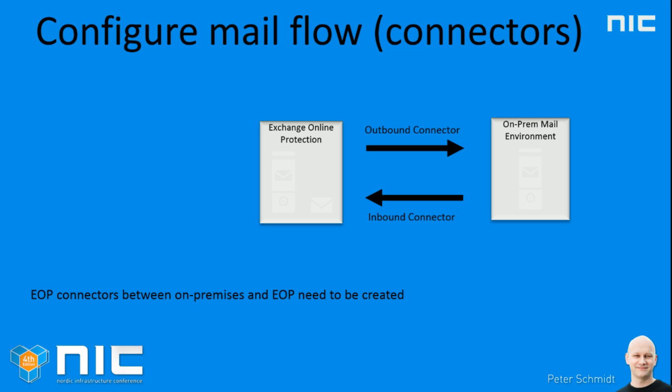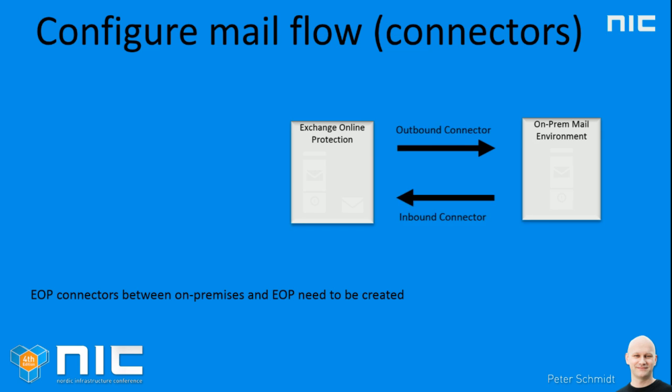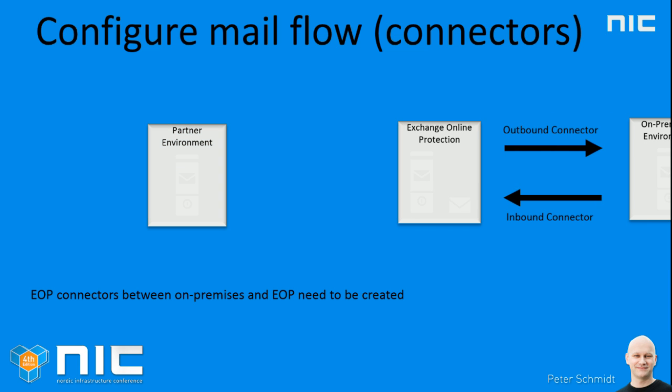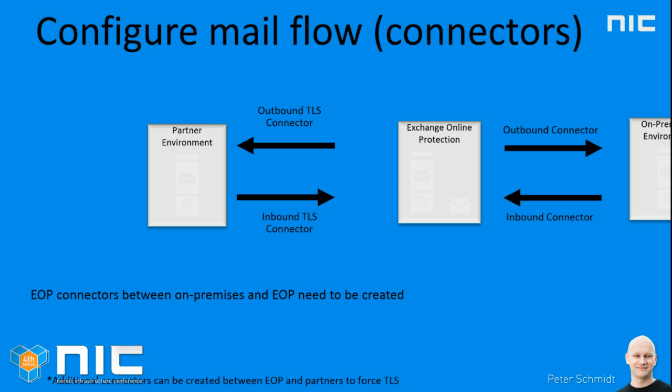So that's just something you need to be aware of when setting this up, because it could be confusing that we have an inbound and outbound. Actually, everything handles connections to our on-prem environment and not anything outside or on the internet. But potentially we could have the need for more connectors in this setup. We could have a partner where we want to set up additional connectors. That will also be done under the connection settings in EOP. That's often if you have a partner where you want to make sure that all communication that goes to that partner is secure in transit.